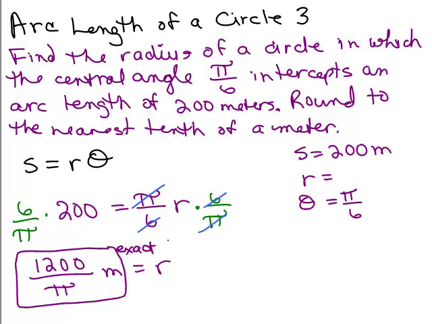That's exact. But the question says to round to the nearest tenth of a meter. So then we go ahead and just plug that in our calculator. So we put 1200 divided by pi. Make sure you use the actual value of pi. And then rounding, just so you know what my calculator comes up with so that you can see how I round it, my calculator comes up with